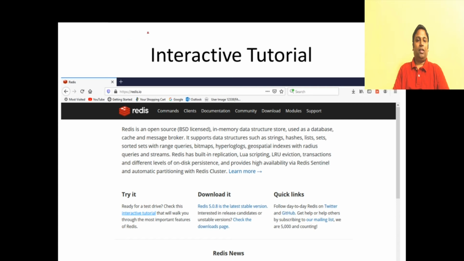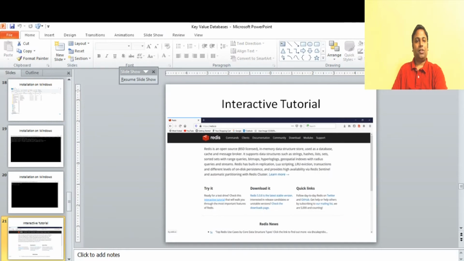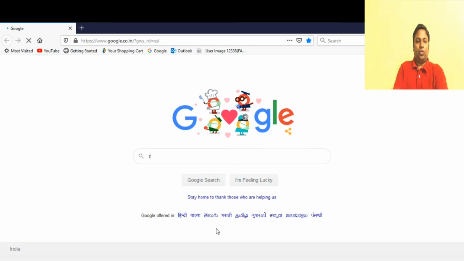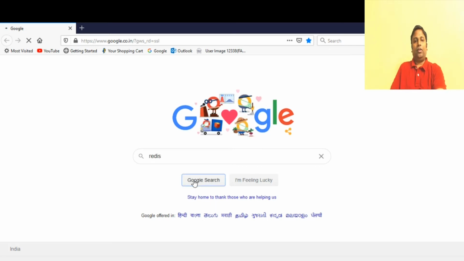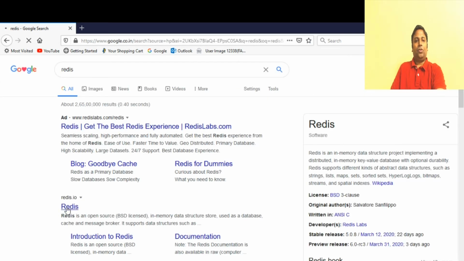The other way to use Redis is you can go to the interactive tutorial offered on the redis.io web page. Let me just show you. You just go to the Redis homepage. Let me show how to do that. So you can search for Redis in Google, and you're going to get the Redis web page here, redis.io.